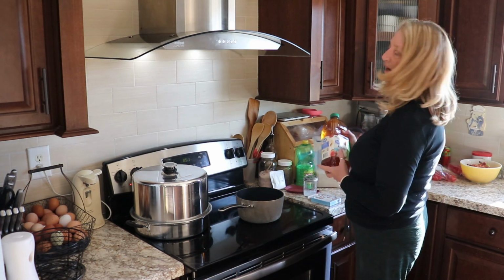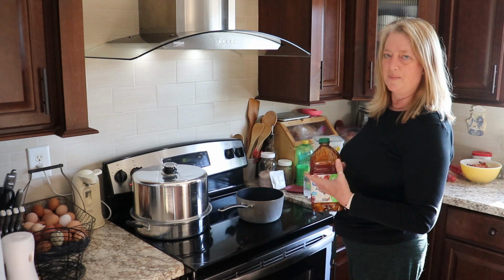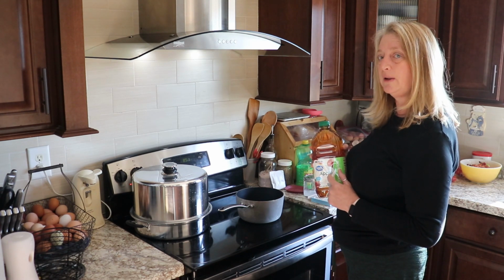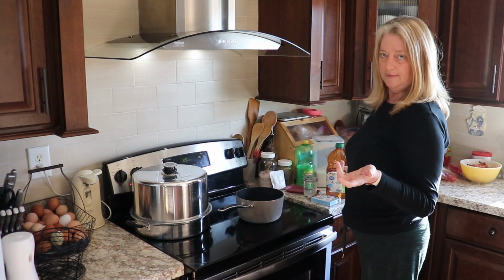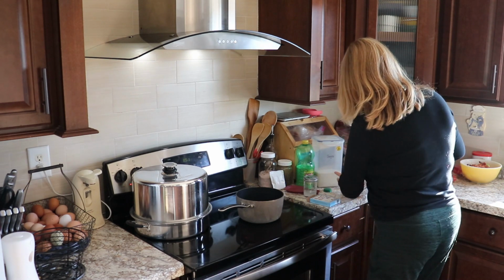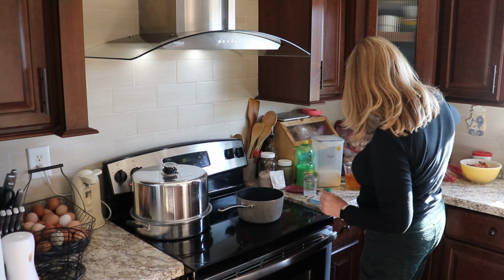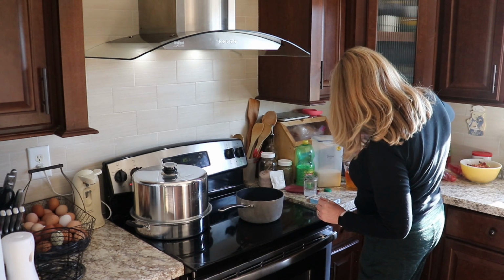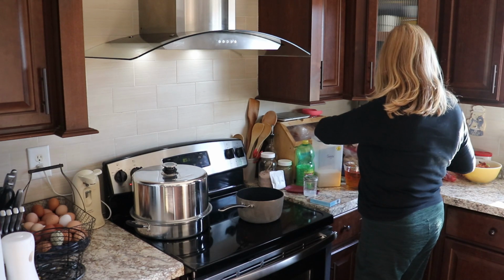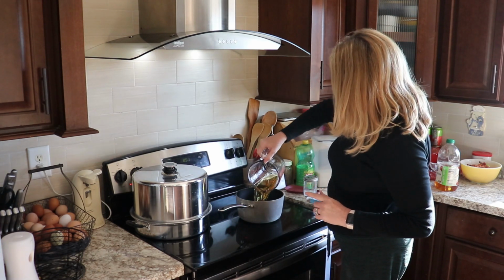So we're gonna start out with apple juice as our base, because you have to have some sort of juice or something as your base. Now, I think you could probably use pear juice, like a light pear juice might work really well. I bought apple because honestly I didn't think about the pear until just now. But I'm going to go ahead and get this started. And we need 4 cups. So I'm going to put the 4 cups of juice in my saucepan,